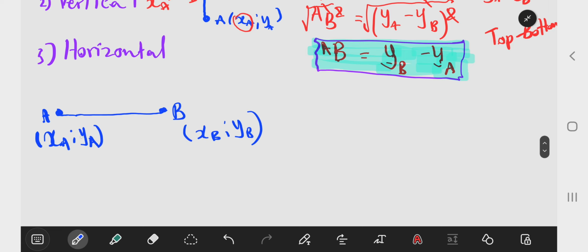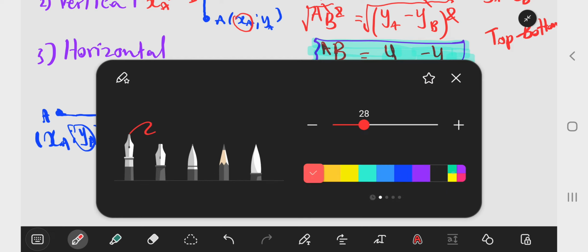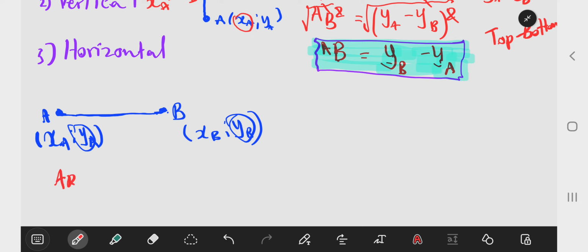So into ekumele uyinote la ukuthi abo y bakho kahle kahle la bayafana, they are on the same level, so the value of y is the same. So nas minus labo y bazokhanselana. Okay, so lana i-distance izothi AB squared is equals to x ka B minus x ka A squared